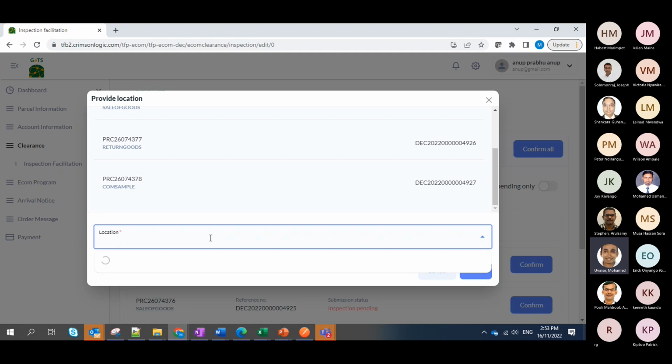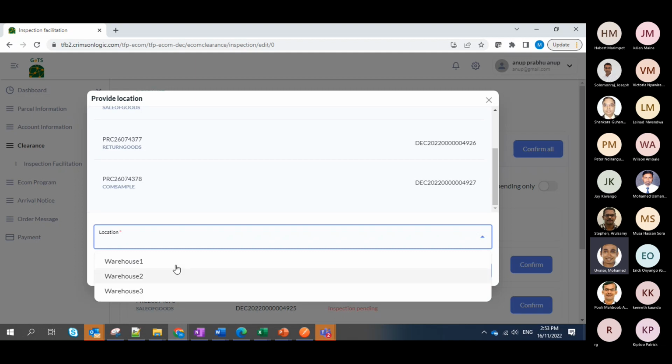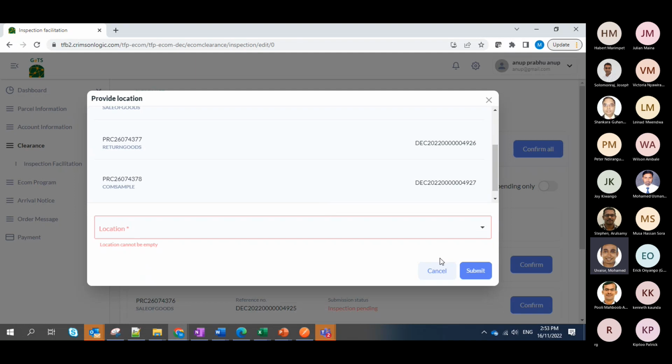This could be defined in the system. The user would then just choose the appropriate one and do a submission. And this would flag up at the respective OGA or the customs authorities to perform the inspection.